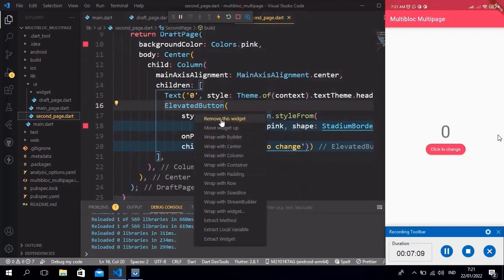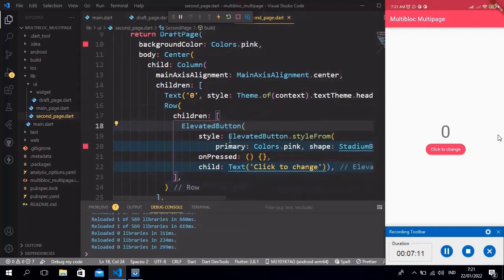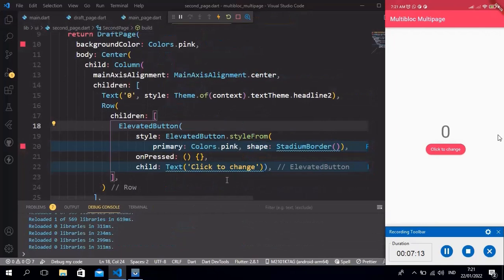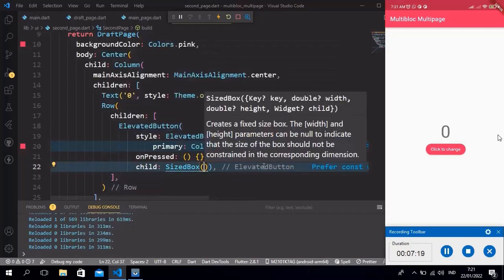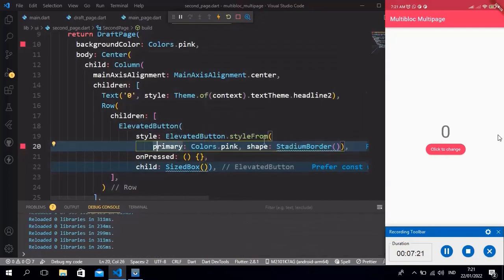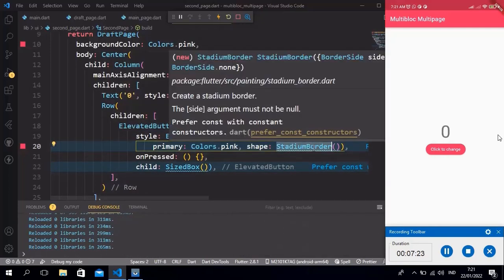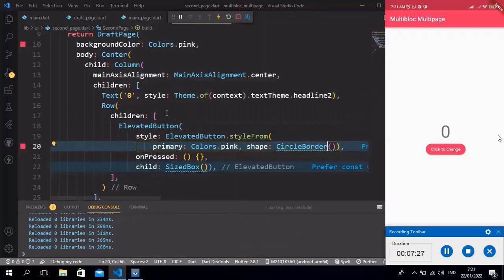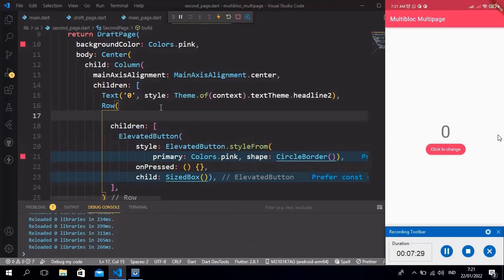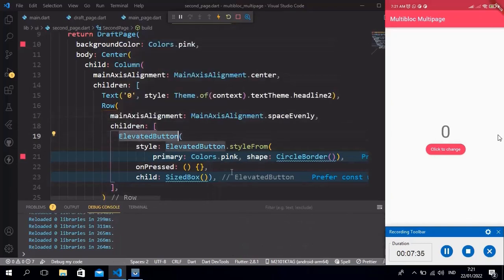And then we wrap the button with row. We wrap the button with row because we need to make 3 buttons and align them horizontally. Okay, and we replace the text with size box, because we don't need a text. Then we also change the shape with circle border. And then we set main axis with space evenly to give them good space.